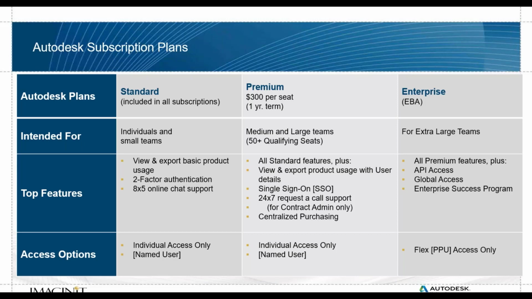The Premium plan is intended for customers that have 50 subscription seats of software, and the price on that is $300 per subscription seat, and those are available in 1-year renewable terms. The key benefits that you'll see with the premium plan, and we're going to go into more detail on these in just a moment, are single sign-on, the ability to do centralized purchasing, and expanded reporting, which will be a huge value to a lot of you, and that you can see some additional detail on your usage